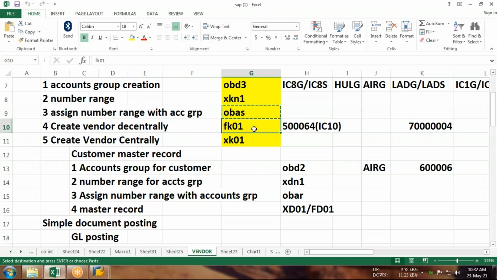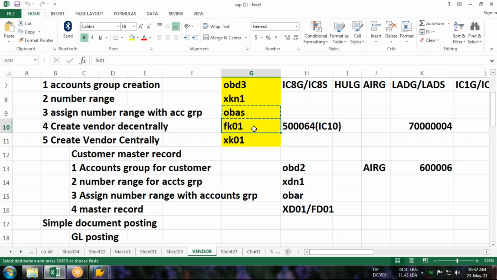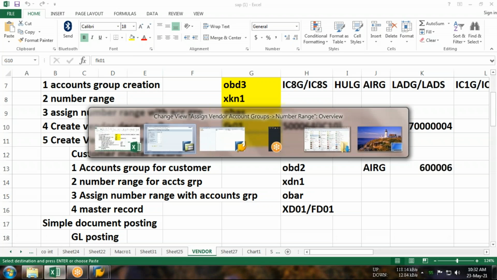Yes. So in later classes, we'll see MM01 in material management. MM01 is the creation of the material. If you want to alter any information in the material, the T code will be MM02. And if you want to display the material, MM03. So create, alter, display: 01, 02, 03. So let us proceed. FK01.